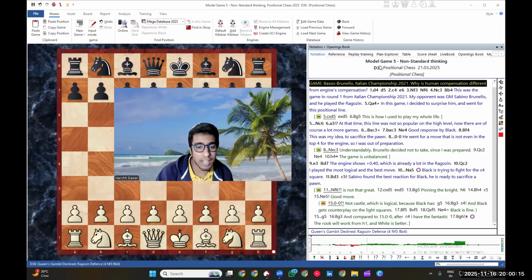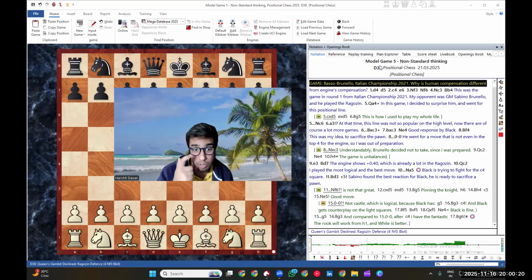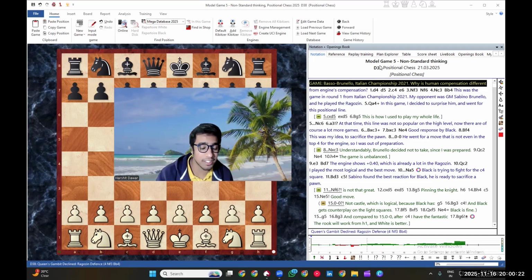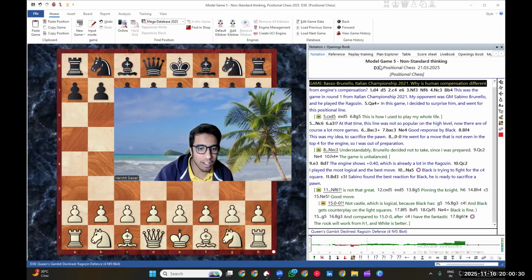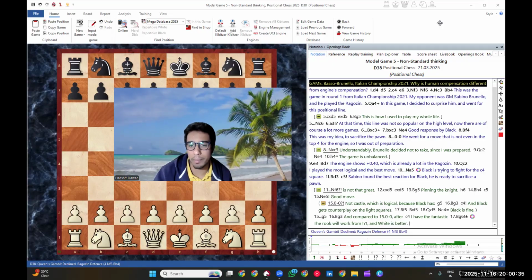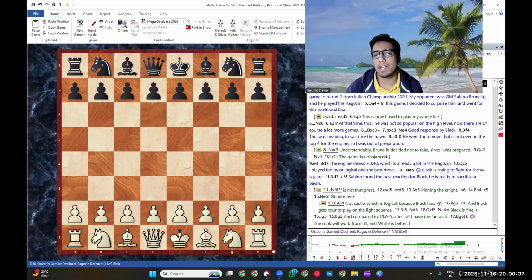Having typical positional weaknesses doesn't mean you are losing the game, because the world nowadays is imbalanced. Indeed, in chess as well, everything's dynamic, and there are many factors which should be taken into consideration, which are definitely not stereotypical as chess used to be. So, game Basso versus Brunello.